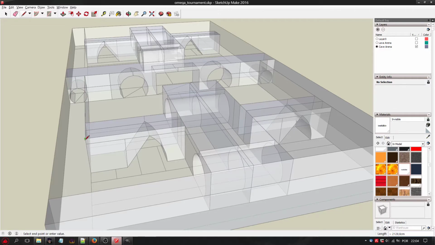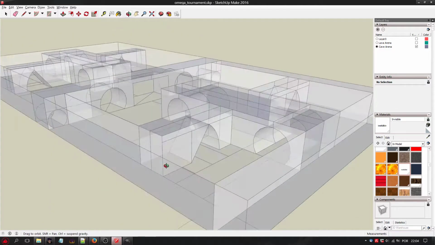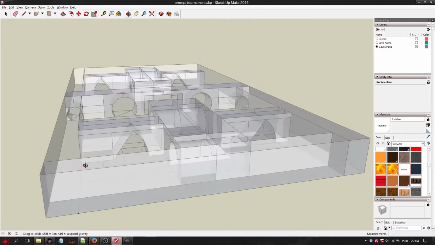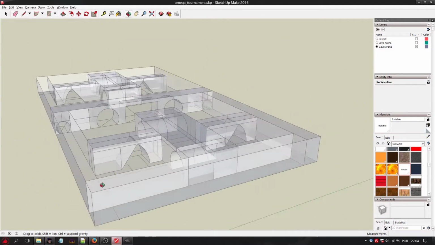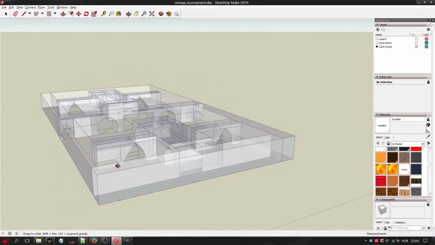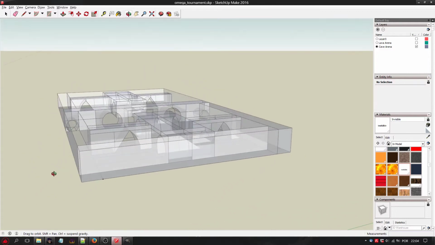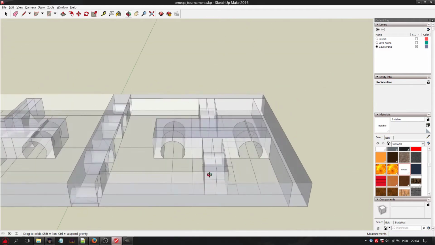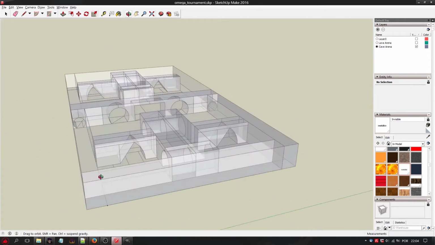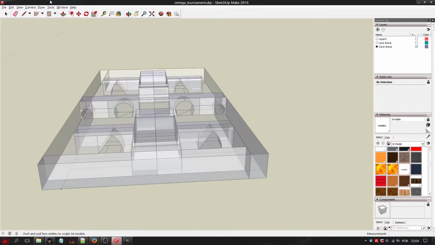Okay, I explained this error in the last video. It basically says that it intersected this plane with our hidden geometry, which is the ceiling.